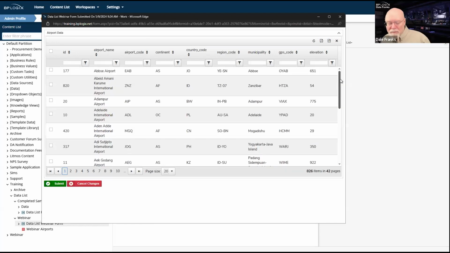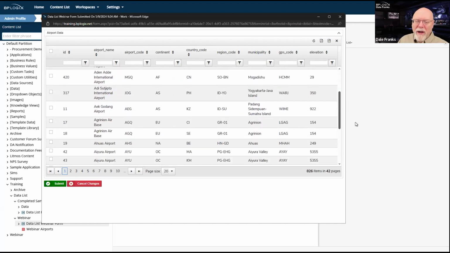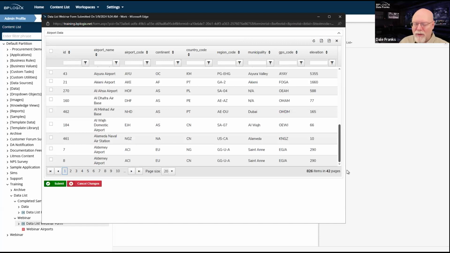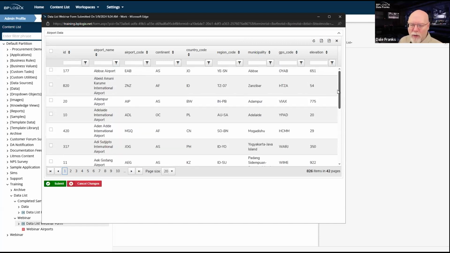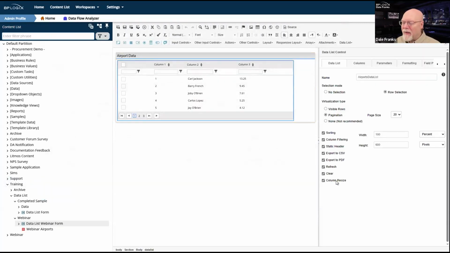I'm willing to make my data list taller vertically and reclaim that space just by making it larger so that I can keep my header there all the time and still give me an appropriate number of records, or at least a relatively convenient number of records to scroll through without too much trouble. Your mileage may vary on that, but that's what static header does. So I kind of like having it set.